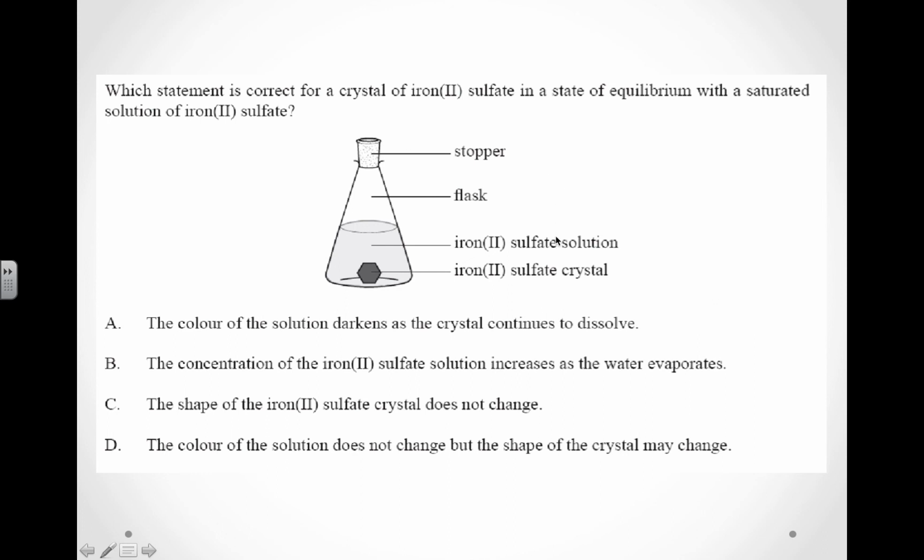The shape of the iron 2 sulfate crystal does not change. Well, we can't guarantee that because we've got particles that are leaving it and reattaching. D, the color of the solution does not change, but the shape of the crystal may change. Okay, the color of the solution shouldn't change because the concentration should stay constant. So the first part of that is correct. The shape of the crystal may change. That's correct as well because we have those ions that are going into solution and coming out of solution. And so the shape of the crystal could change. It doesn't have to, but it could. So D would be your correct answer. And there's your intro to